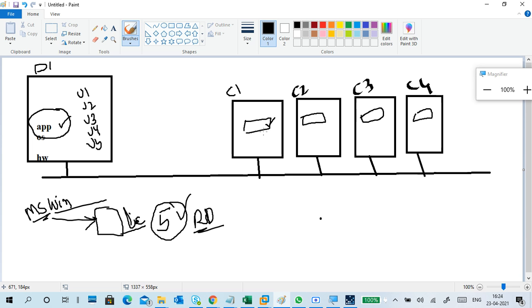I will do it in my system, in D1: the usernames, and I will list out which users can access these applications. Whenever the client, C1, requests a connection, like user1 logging in, that application appears on the screen and he will access the application with the username user1.